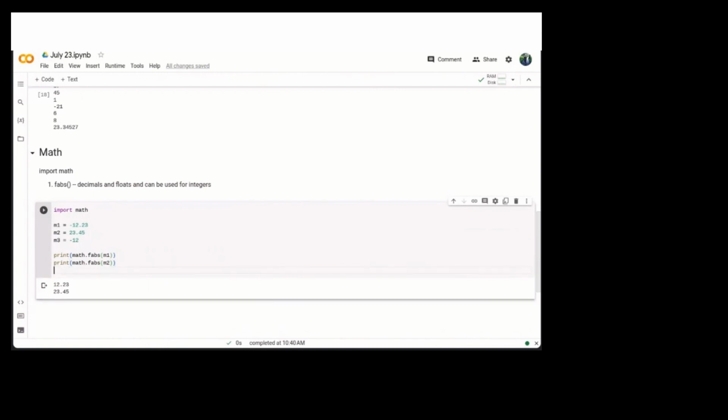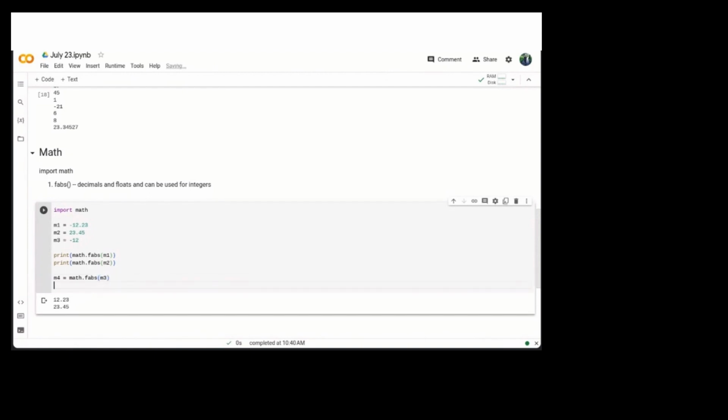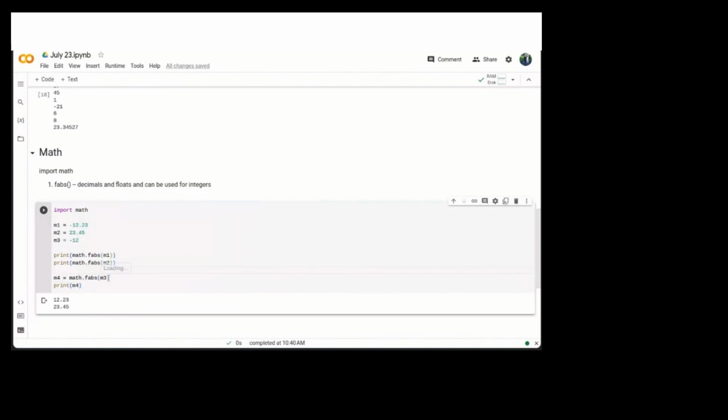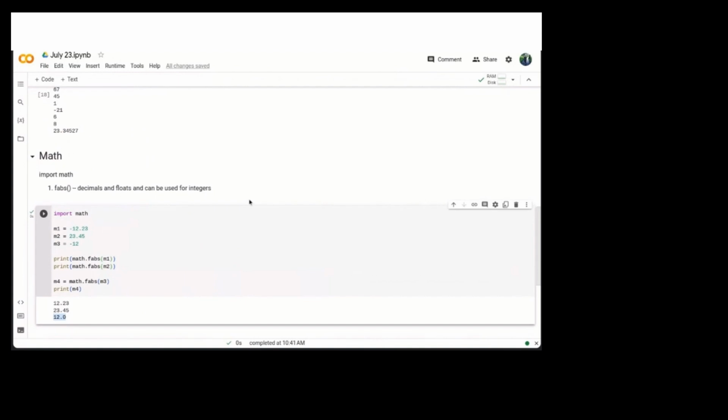Now for the integer, m4 is equal to math.fabs of m3. I'll print m4. Now, m3 is an integer, right? When I use this fabs function on m3, let us see what the output type is. The output got printed as 12.0, which is a float. If you could see here, m4 is a float. That means what we can conclude from here is